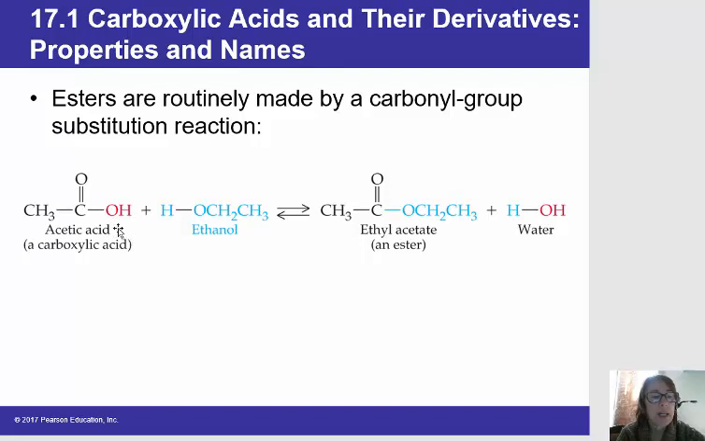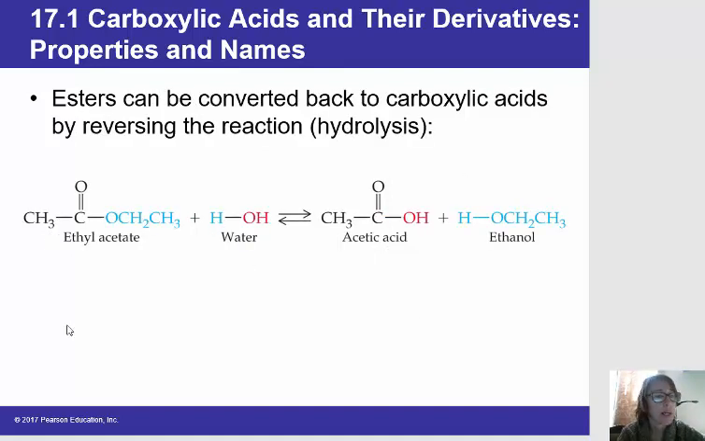But we need to know that when an ester forms from a carboxylic acid and an alcohol, the carbonyl and the R group bonded to that carbonyl always come from the acid. And the O bonded to that carbonyl carbon and the R group bonded to that O always come from the alcohol. So this is another example of the substitution reaction that we saw earlier. Water is always formed,